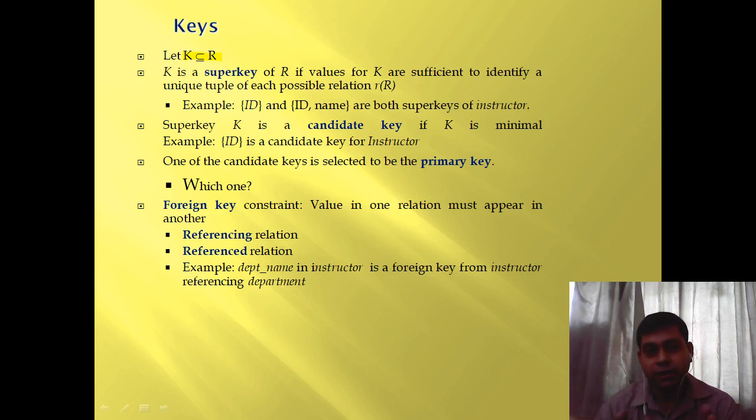Okay, so candidate key and primary key are the same, but there could be many candidate keys, out of which one will be selected or qualified as primary key, and that is chosen by the programmer, developer, or the database administrator. Now what will happen to the other candidate keys which are not qualified as primary key? They will be termed as secondary key.